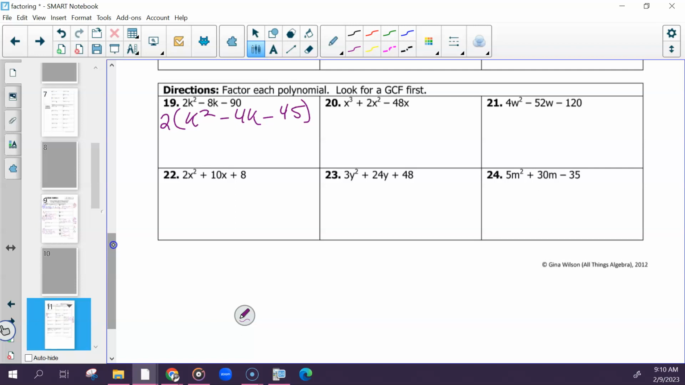And which of those would be negative? Since C is negative, one of them has to be. So K minus 9, K plus